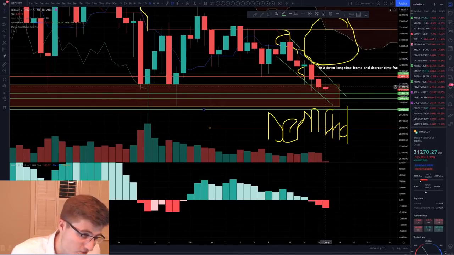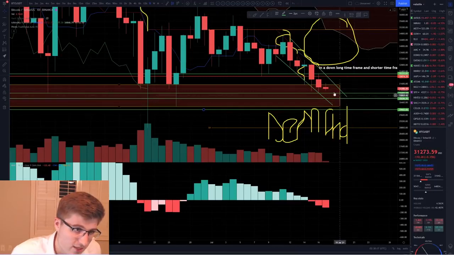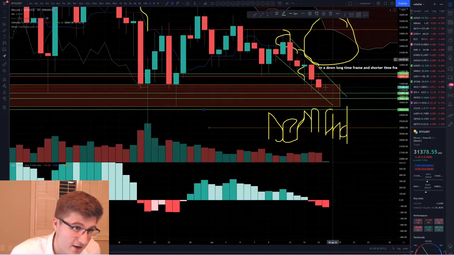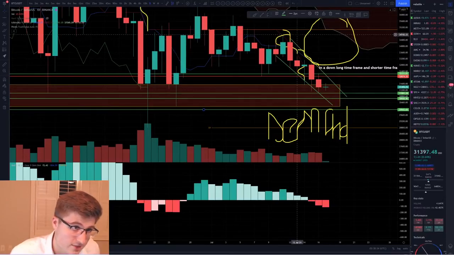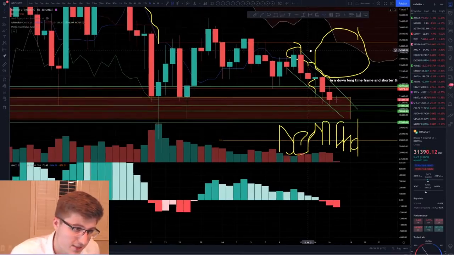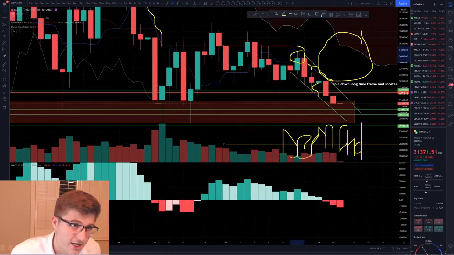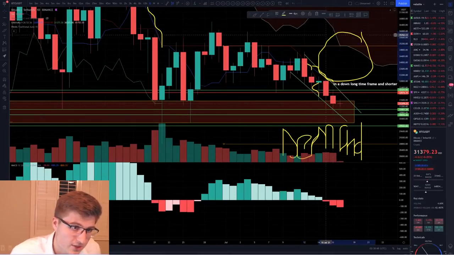Expect, if we do have that reversal to the upside, we will have to break through that 36 and that 32. And we'll probably need to have a daily candle close at least above this 32K level. And if we want to have that reversal all the way back upstairs, we want to have a 33K candle close and at least a 34,700 daily candle to close above that. But as of right now, nothing's really looking too good.